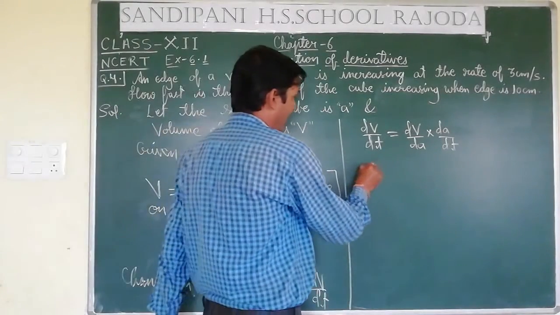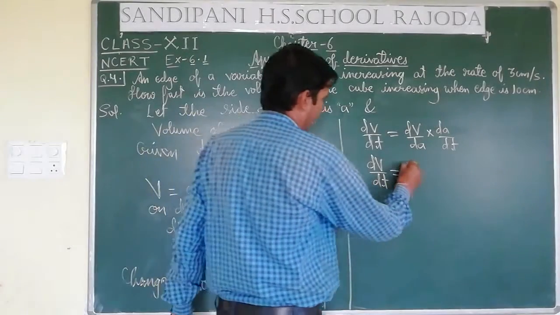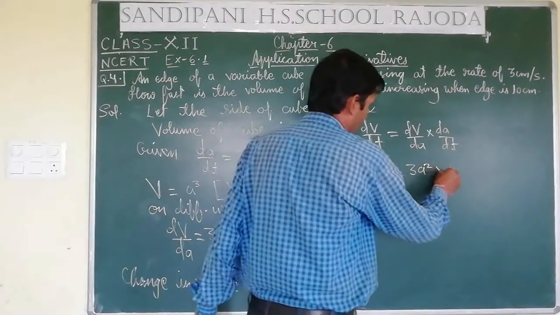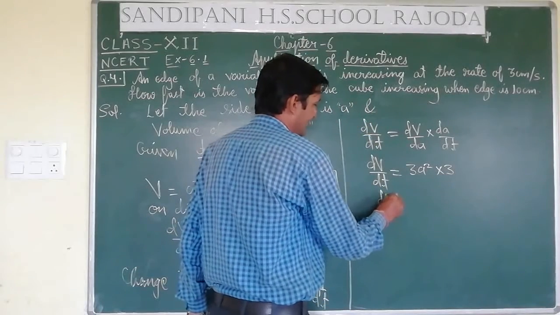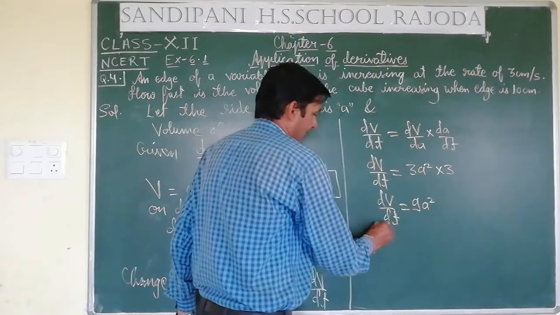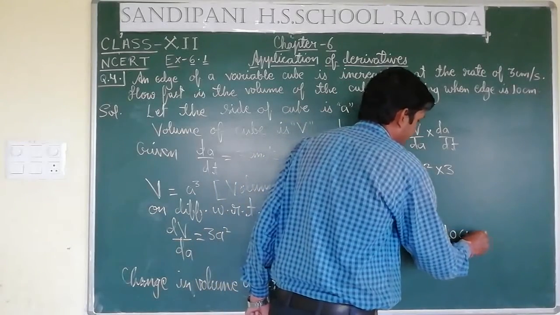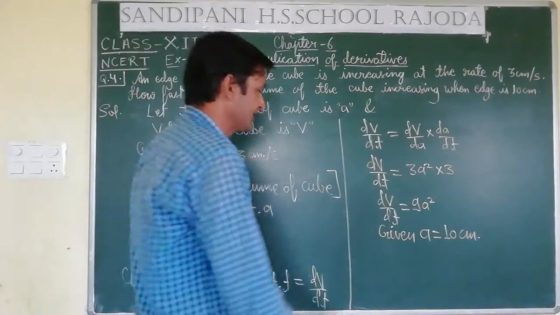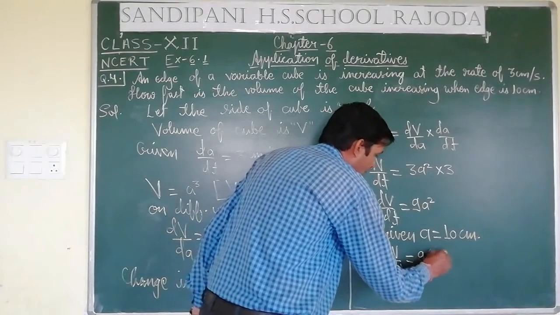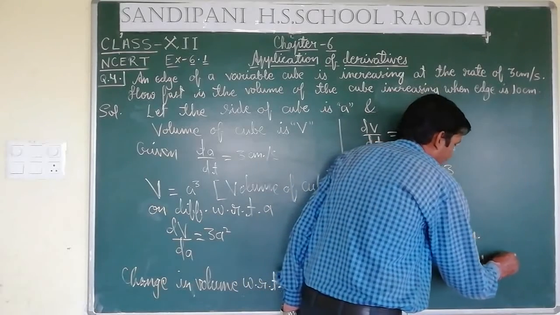So now dV by dt is equal to what? dV by dA, which is 3A square, into dA by dt, means into 3. So dV by dt is equal to 9A square. Given A is equal to 10 centimeter. So if A is equal to 10 centimeter, then dV by dt is equal to 9 into square of 10, that is equal to 9 into 100. So it will be equal to 900